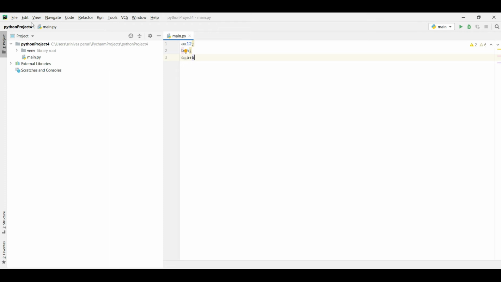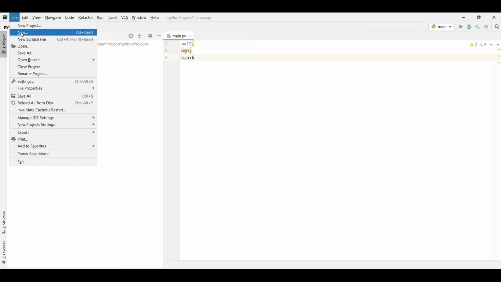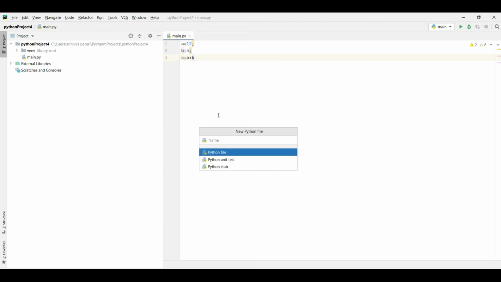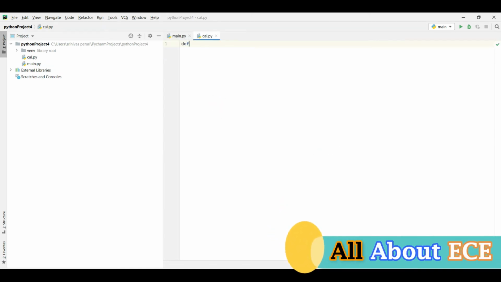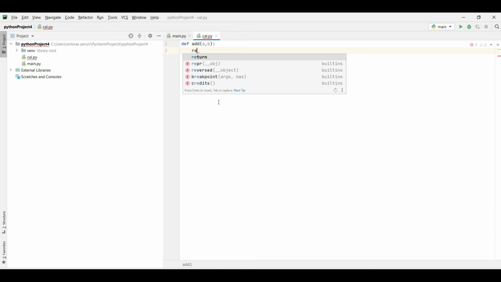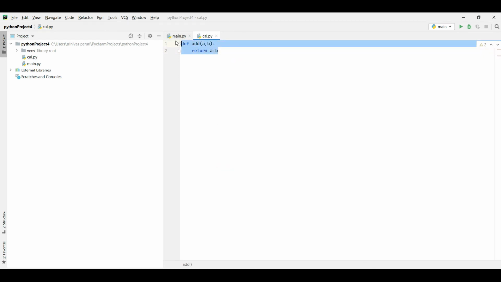In such a case, I will create a new Python file by the name calc. In this one, I just define a function. It will take the parameters a and b. It has to perform the addition, which means it returns the result. It has to perform the operation in such a way that it will execute, right? In a similar manner I'll just copy paste.